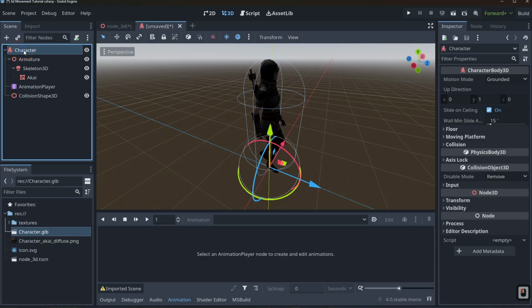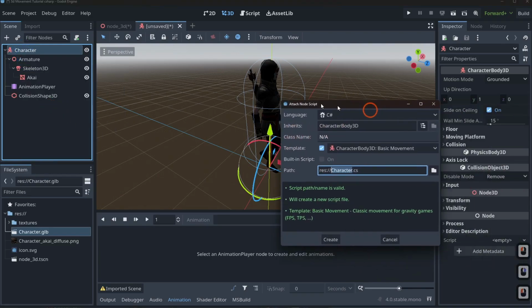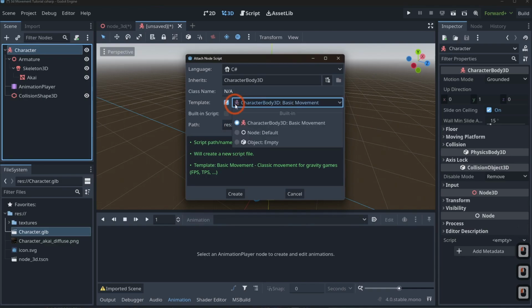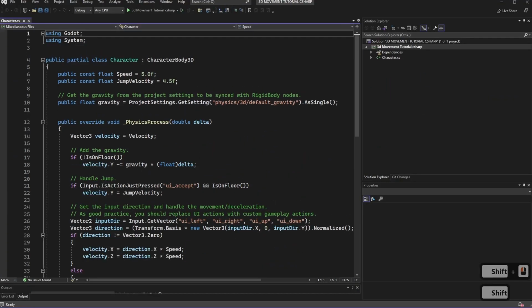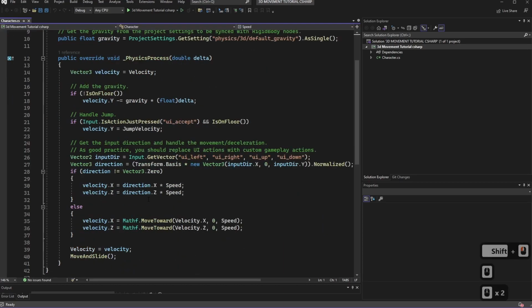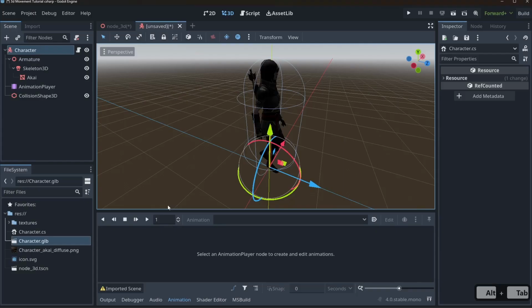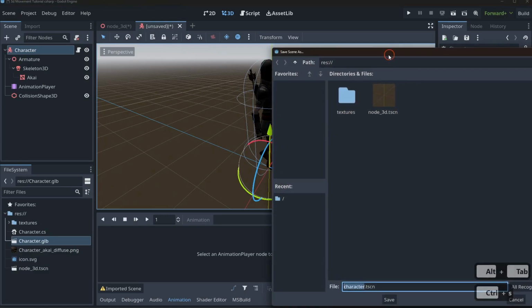From here, we need to actually set a script for our character. So we're going to right click it, attach a script, and we're just going to stick with character.cs, and we're going to use the CharacterBody basic movement template. That's really nice because this template does a lot of the additional work for us. If we click create, you'll see in a second Visual Studio is going to load, and you can see here that it already did a bunch of the work for us. That's one of the really cool things about the template system. Now, if we go back to Godot, we hit Control S and save this